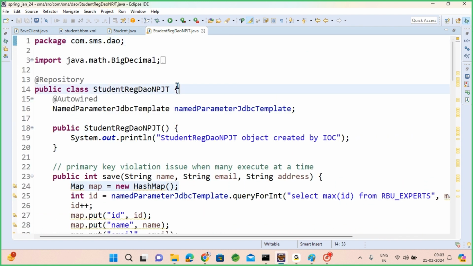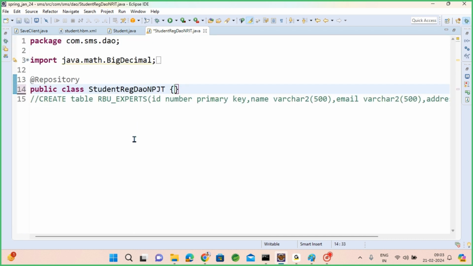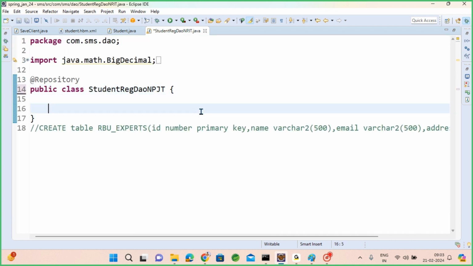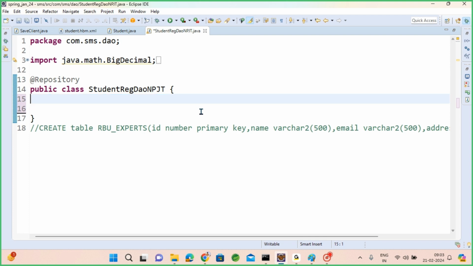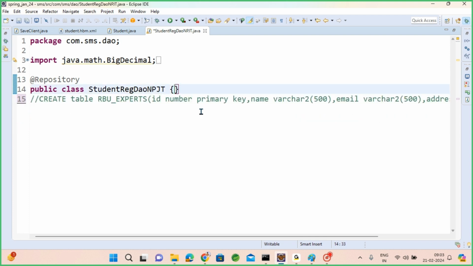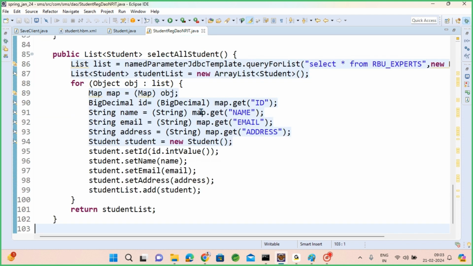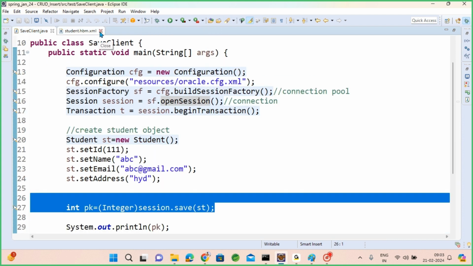But in that DAO, you don't see even a single method. Still, the logic will be generated for you. Okay, you need not write any code. Zero code for DAO operations. That much at the advanced level we will go going forward. Okay,